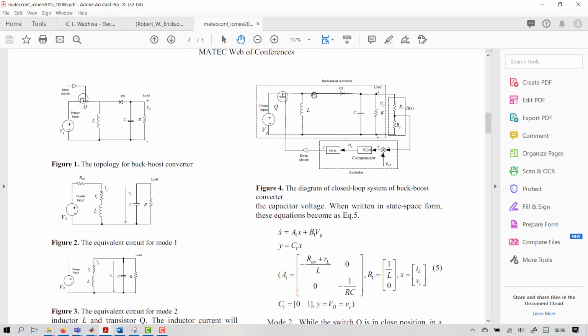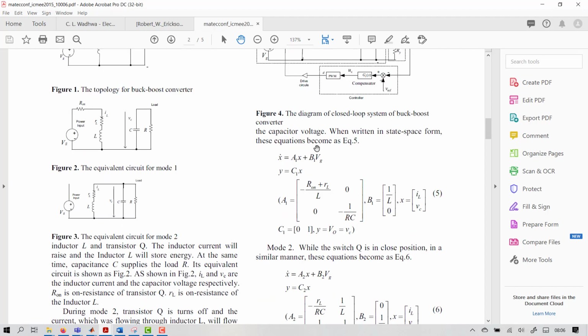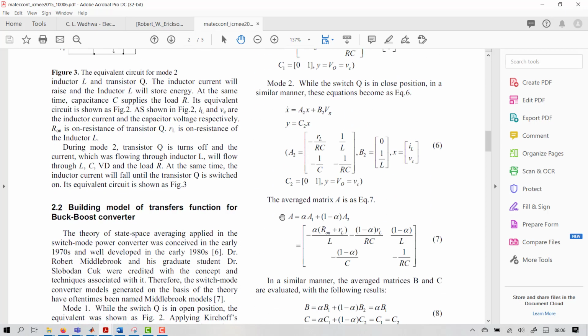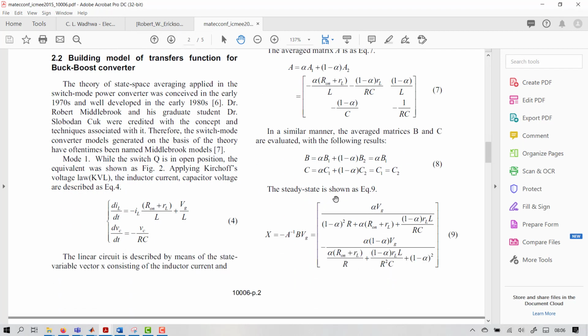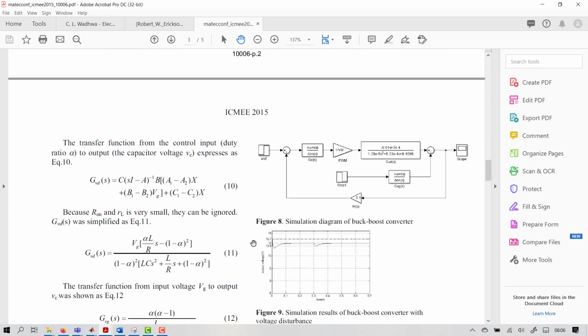Based on that you can see this is the switch, you take the output voltage and compare it with the reference, the error passes to the PI controller, and based on the PI controller you generate the PWM, which you give to a MOSFET switch. All those things they have written very clearly, and their matrix has also been derived completely.